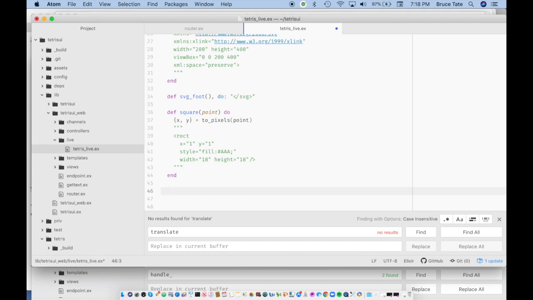And so for the point, it's a private function. We're going to make that to_pixels, and this is going to take an X and a Y. This is basically going to multiply the X times the width and the Y times the width. I think that we're going to have a width of the whole container. Well, at least we should save room for the width of the whole container. And then we really want the box width, so let's use a module attribute. So let's say X times box_width. I can spell that out; we're not going to use it that often. And then it's going to be Y times